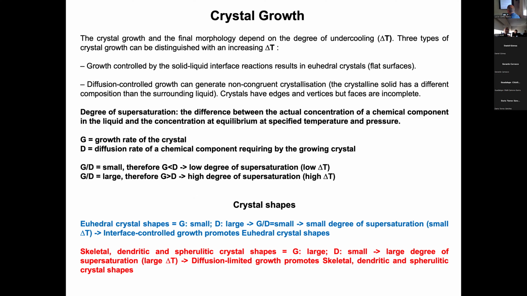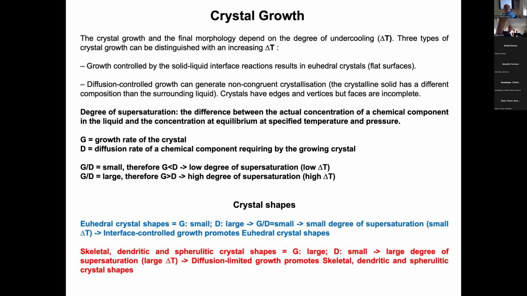Then we want to define the degree of supersaturation, that is the difference between the actual concentration of the chemical component in the liquid and the concentration at equilibrium at specified temperature and pressure. And how we calculate the degree of supersaturation is the ratio between the growth rate and the diffusion rate. Okay, if this ratio is small, it means that the diffusion rate is much faster than growth rate. This will happen when we have a small undercooling, okay, and we produce